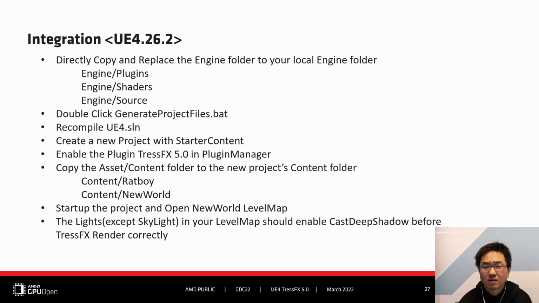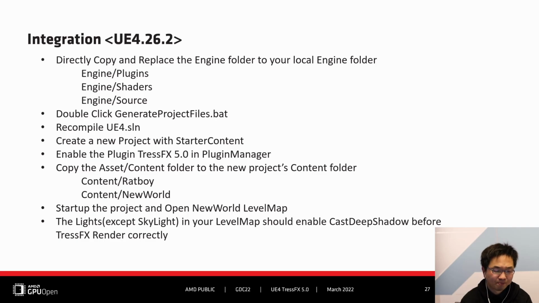Run the engine and create a new project with starter content. Before copying the asset to the new project, please enable the TressFX 5.0 plugin in Plugin Manager. You can open the New World level map and see the RadBoy.